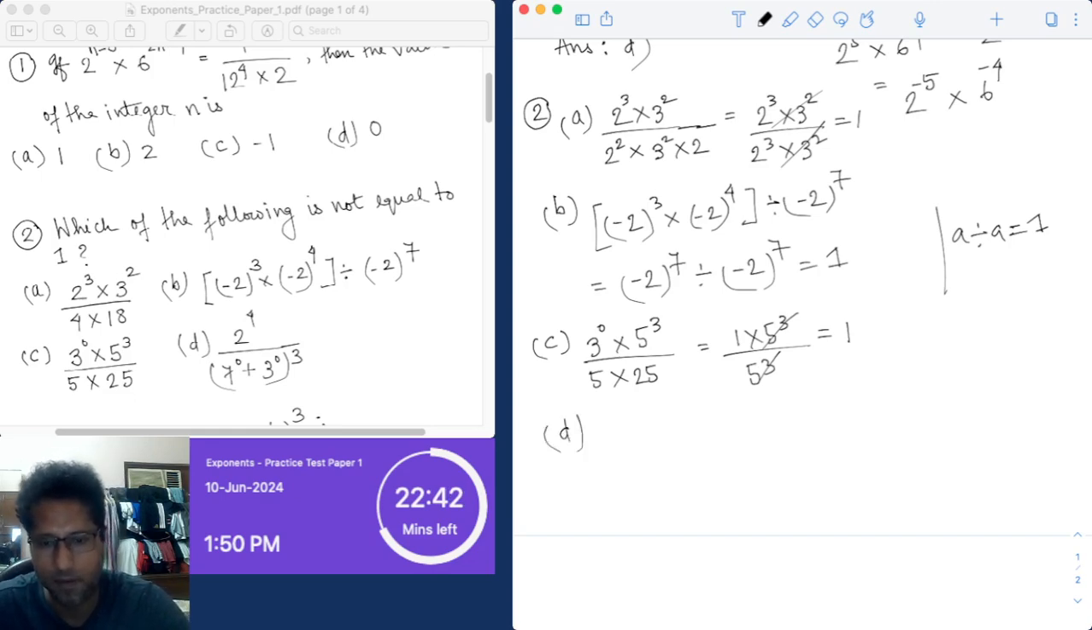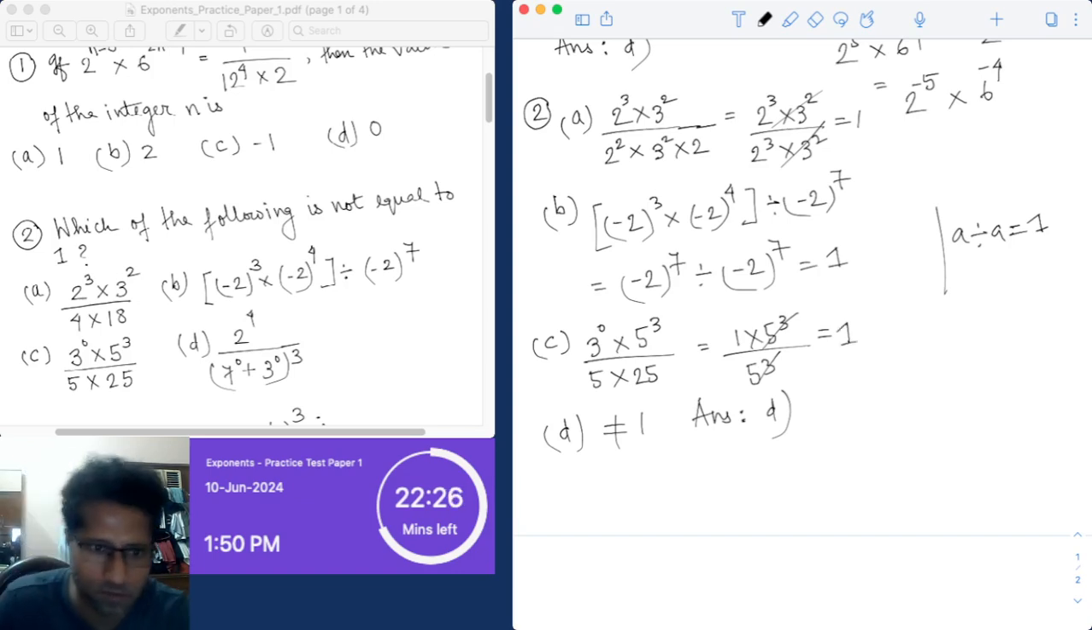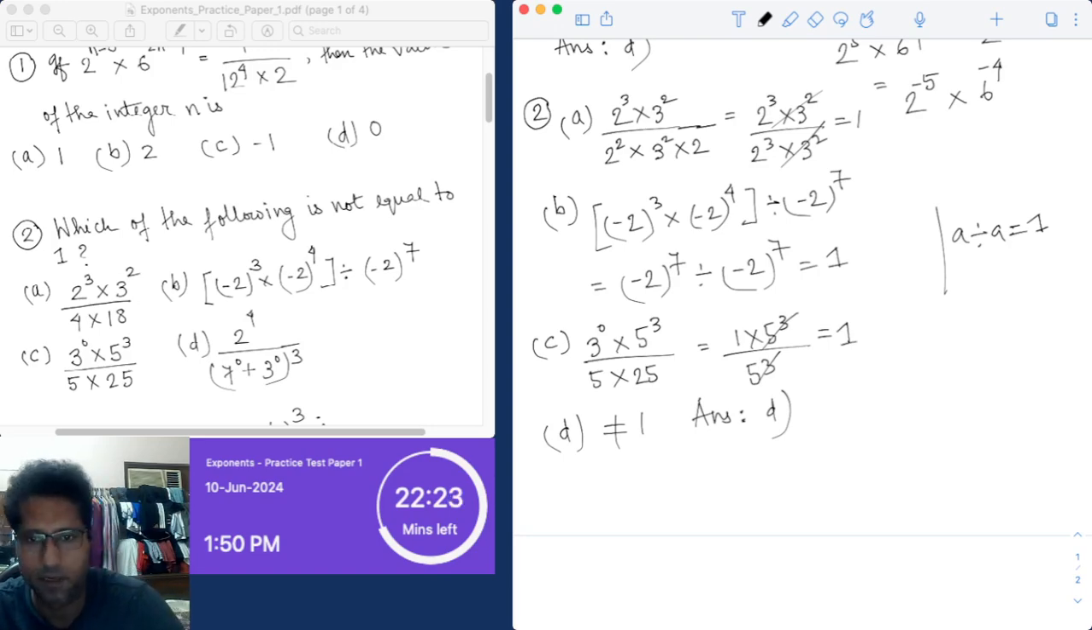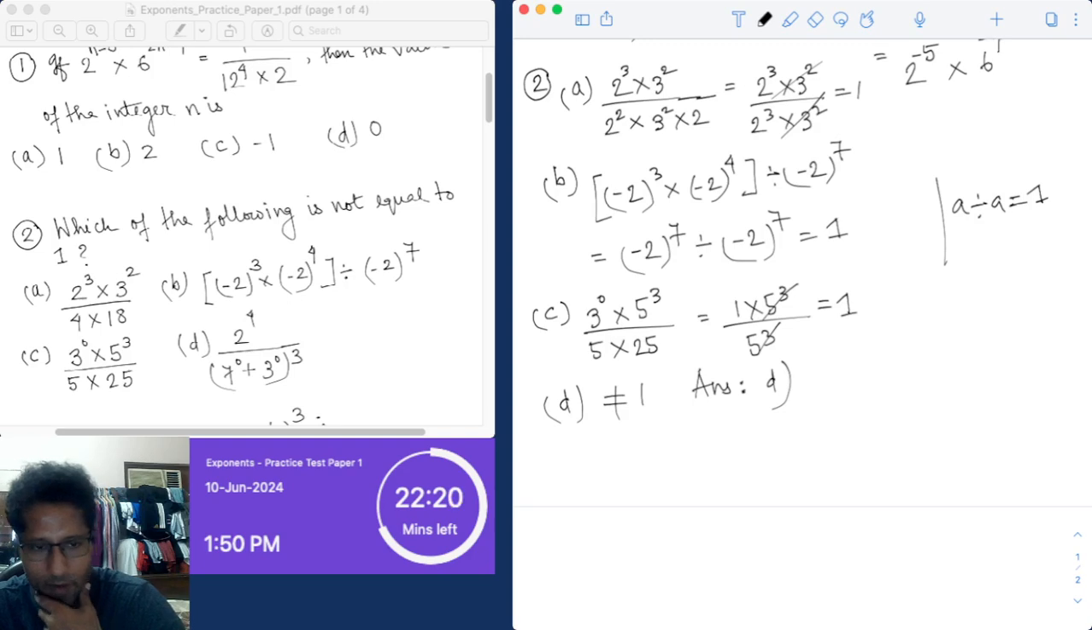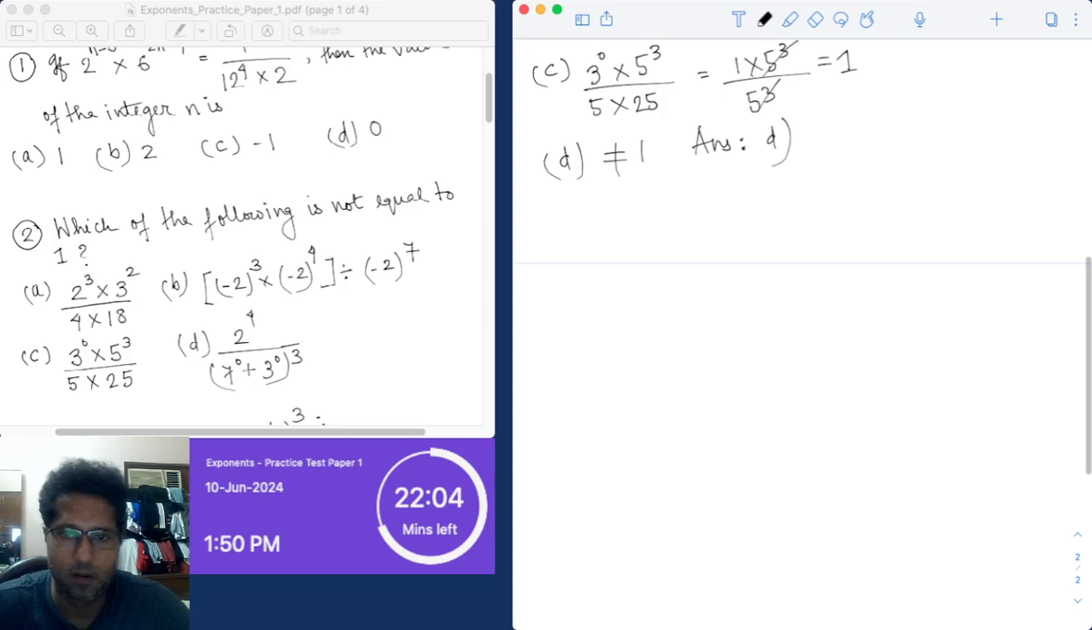So we are left with choice D. This has to be not equal to 1. This has to be the correct choice, because we already saw that A, B, C all are equal to 1. So definitely D is the correct choice. Even though I did not evaluate D, I am sure D is not equal to 1, since only one choice is correct. For this question, these are MCQ questions. We have to select one, and it is asked which of the choices is not equal to 1. Okay, let's solve